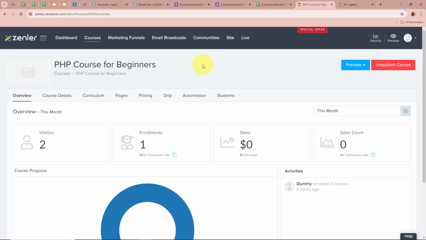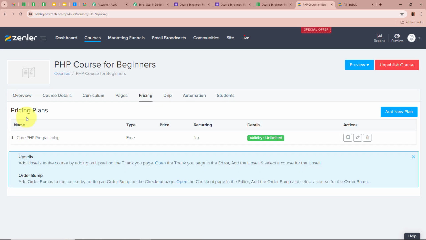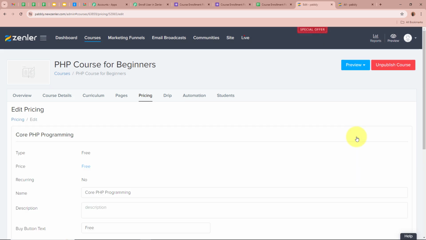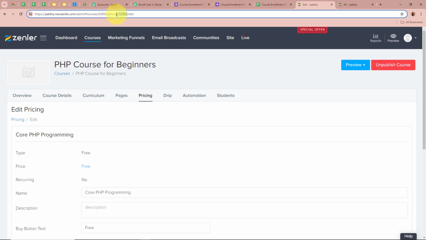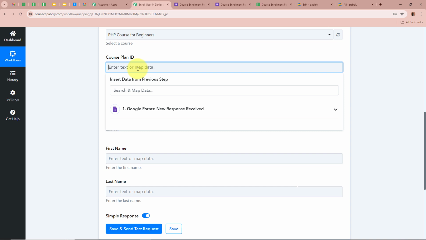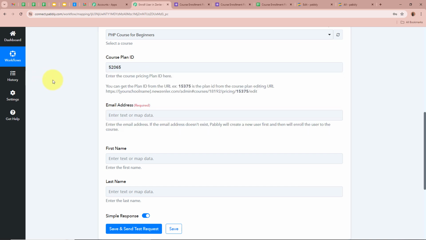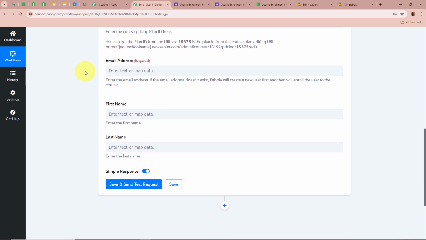And now to have the access of the course plan ID, we have to click on pricing right over here. As soon as you click on pricing, you can see over here an edit button is given of this course. I'm going to click on edit. As soon as I'm going to click on edit, you can see in this URL right over here next to edit, this is the ID right over here. So I'm going to copy this ID from here and I'm going to paste the course plan ID right over here. Okay. Next over here it is asking for the email address of our user